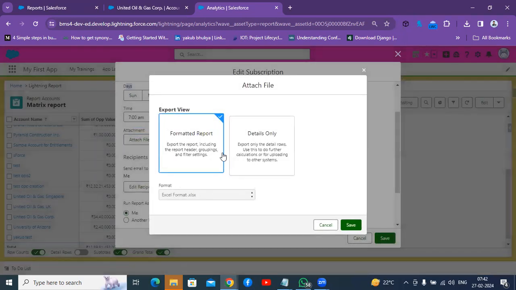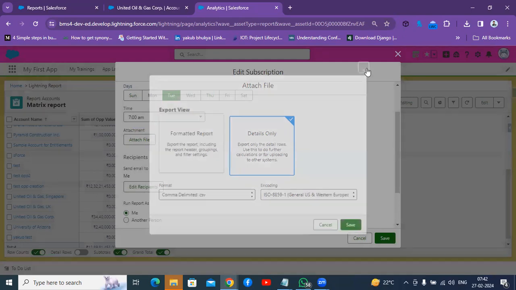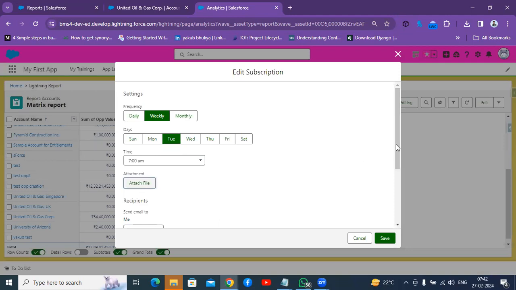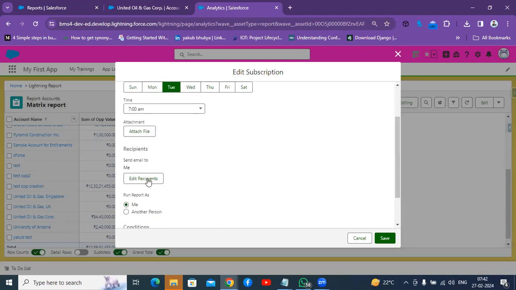If you want to attach any files, you can select which type of data you want to receive in your email corresponding to this report. And recipient. Recipients means who wants to receive these emails. So edit